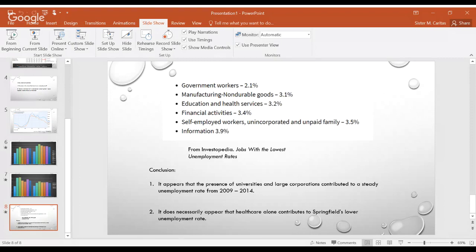When I looked at the specific areas of Bloomington and Champaign, I did note that they have a very similar trend line in the way that they peaked and then recovered. However, Bloomington starts from a lower unemployment rate. At the beginning of this period in 2008, they were about at 5%, and Champaign actually started off closer to about 5.75. It also had a higher jump when the recession hit. There's a larger difference between these two than between these two. So I thought that was interesting.